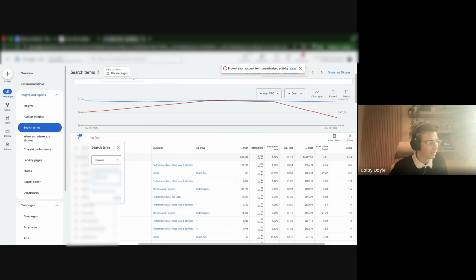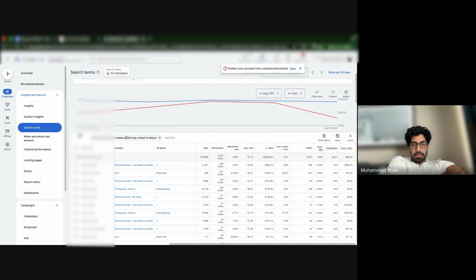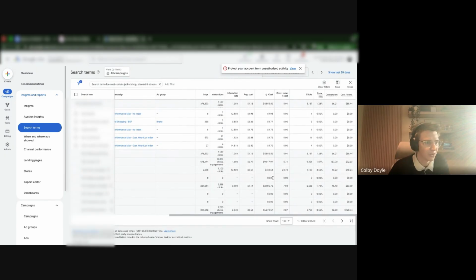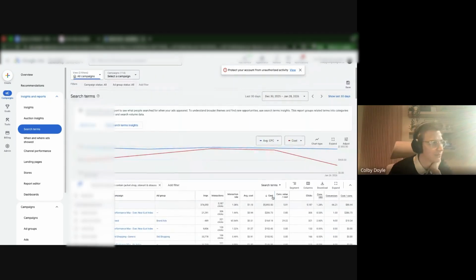Oh, can you go under one? Yeah. And then I can go like this. You hopefully won't be able to see this. "Does not contain," right? And so we're going to see the proportion of budget: there's like 5,800 spent there, compared to, if we go to the bottom, 6,000. So we see that the majority of our budget is going towards cold terms, which is what we want to see.